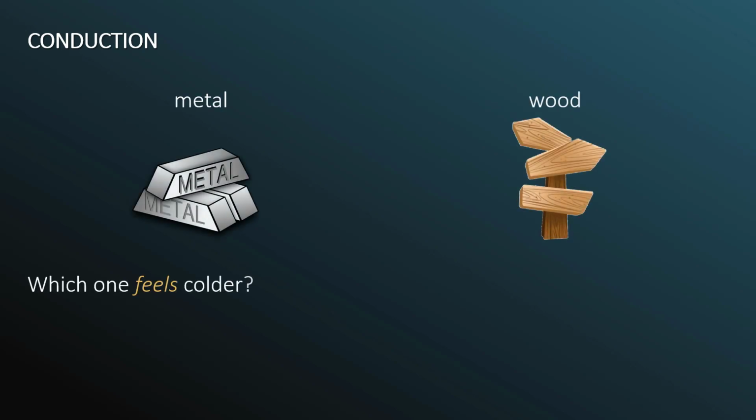If you were to touch both of these with your hand, which one feels colder? Which one is colder? Well, we know, because of our definition of temperature that we defined in the previous chapter, temperature is just the average kinetic energy, or at least it's related to the average kinetic energy. If I have both these materials, a piece of metal and a piece of wood, sitting in a room, both of those would reach thermal equilibrium with the room eventually.